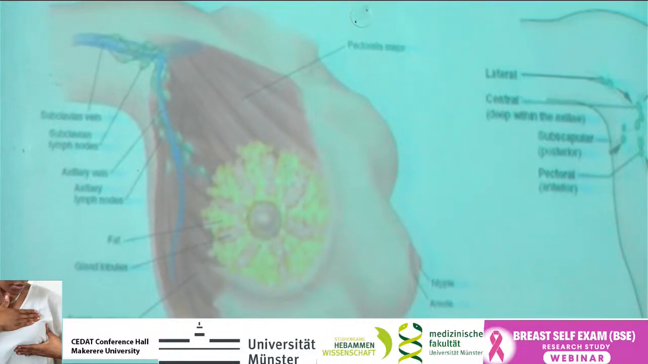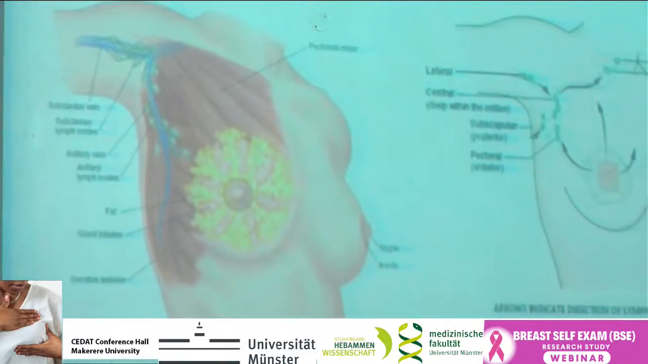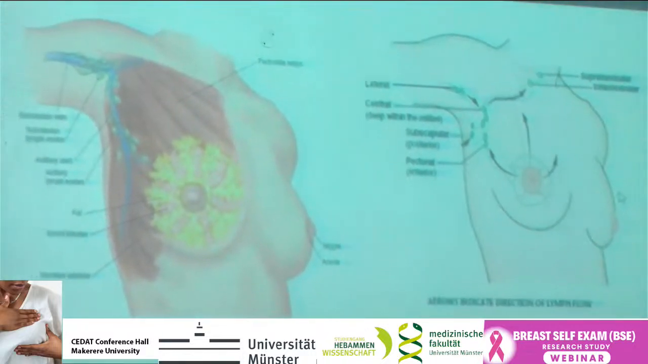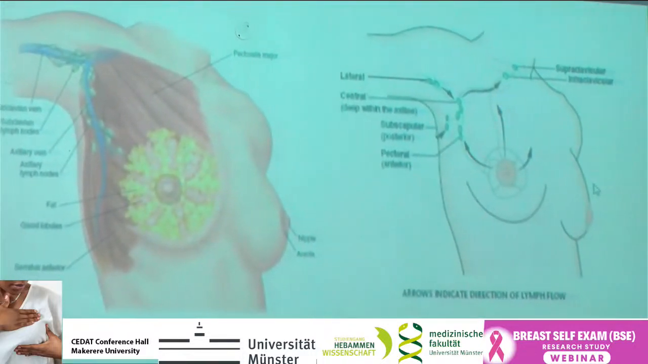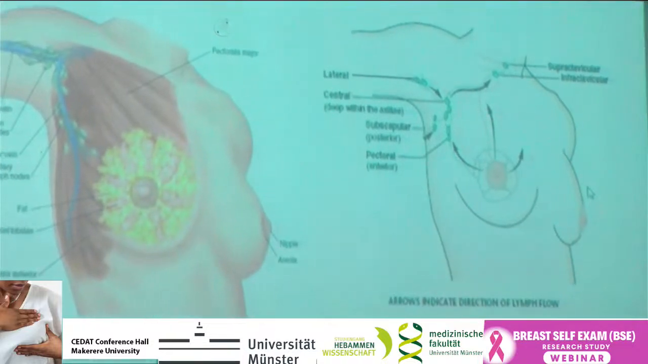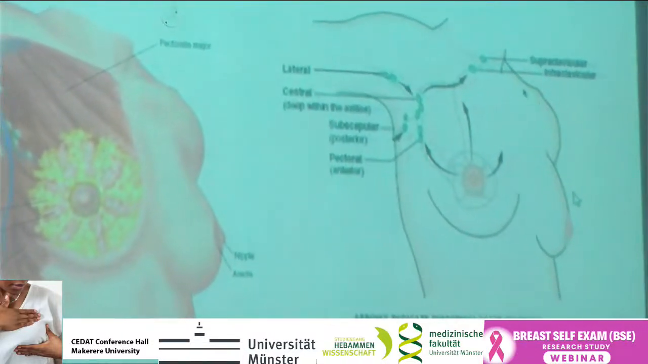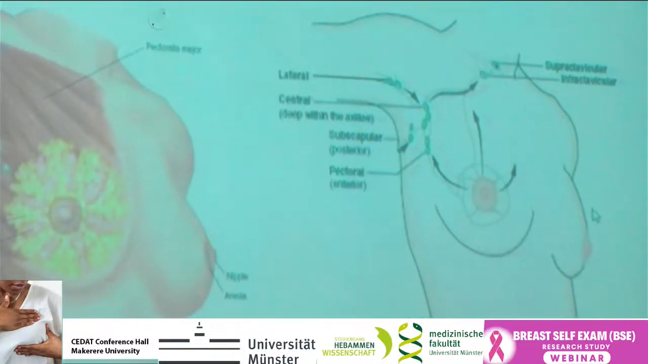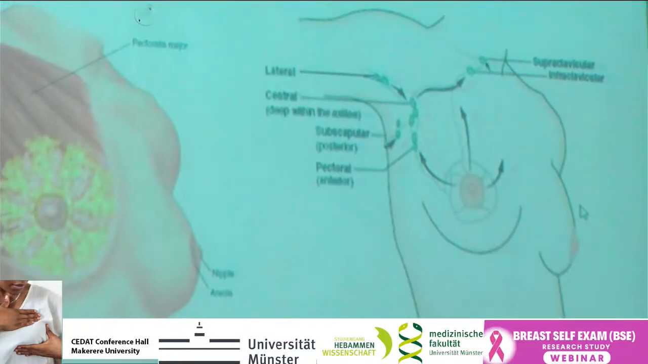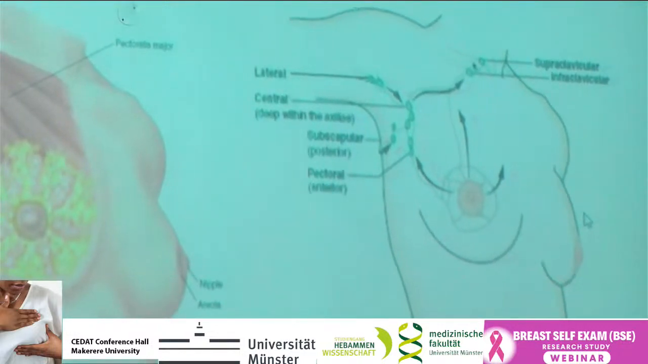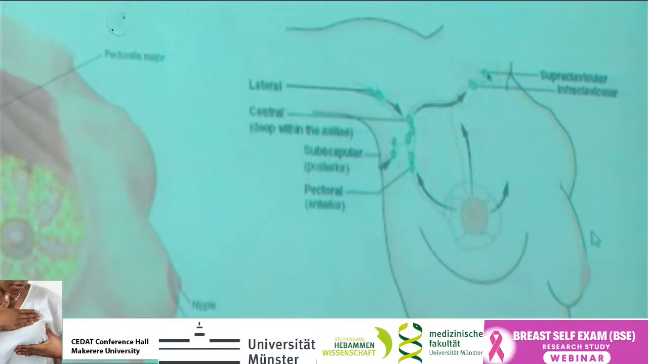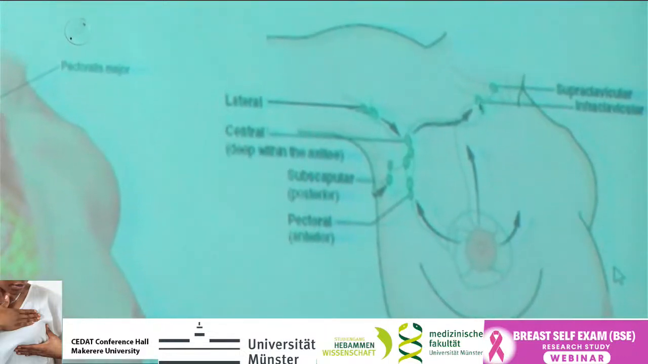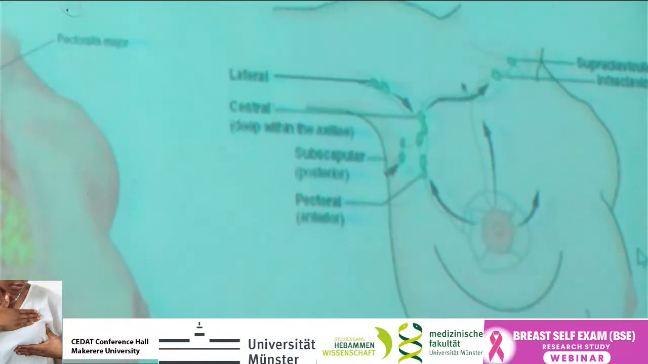So you can see we have a subclavian joint with a subclavian lymph node. When we talk about the clavia, we are talking about the clavicle. So the clavicle has lymph nodes, the supraclavicular and infraclavicular. Above the clavicle bone, we have the supraclavicular lymph node. The main